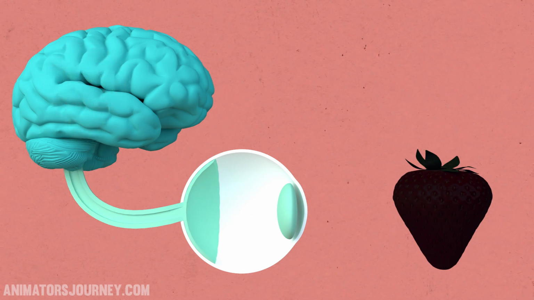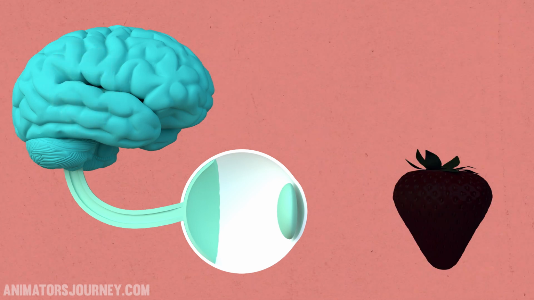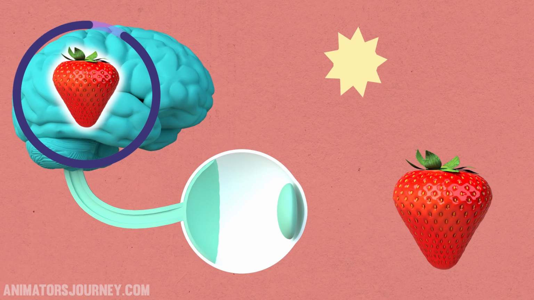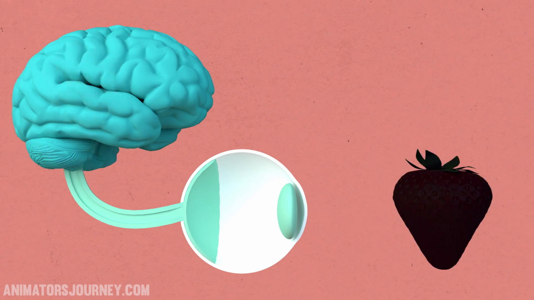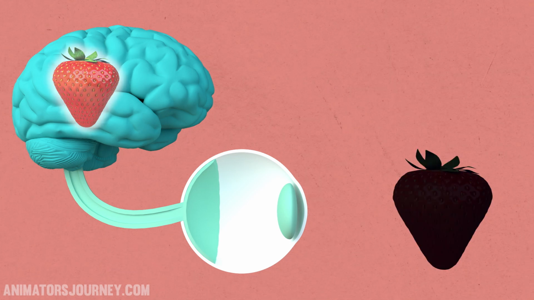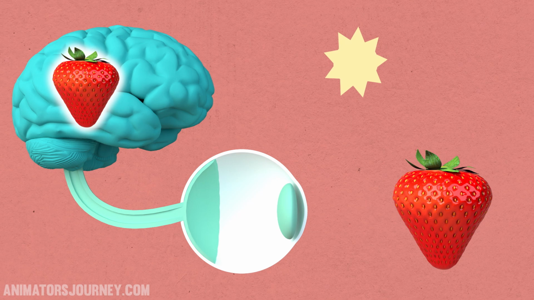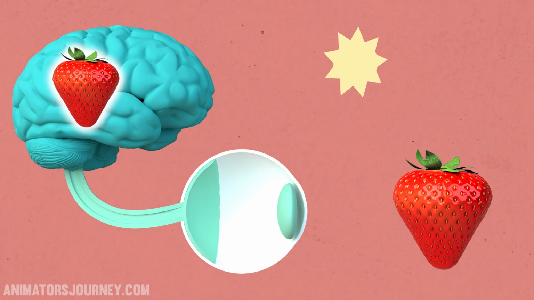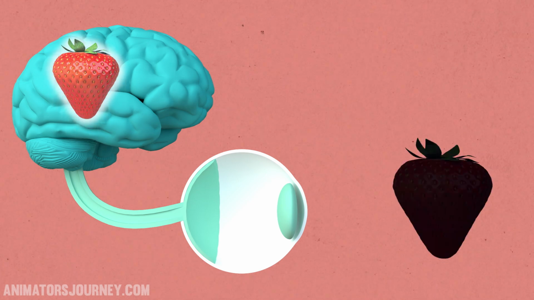But if you notice, the image in our mind doesn't disappear as quickly as the light was removed. The image persists in our mind for an instant after we can no longer see it. So let's say we flash another image again before the first is dimmed out of our mind. We can create the illusion of continuity between the two images because they'll overlap in our mind. If there's a slight difference between the two images, like it changes position or shape, then our brain will perceive